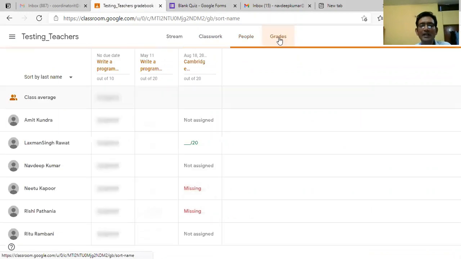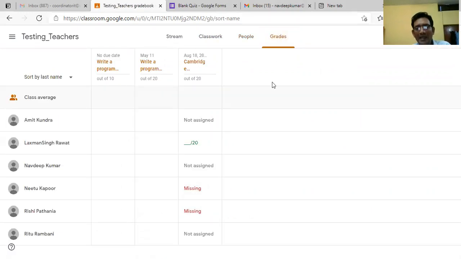That is also important. As you can see, we have two types of assignments, graded assignments and ungraded assignments. When you want to assign marks to the students, let us say I have given an assignment, and I want to assign marks here. Let us say out of 20, the score is 15. Clear? Move to the next one, and this is how you can assign the marks, and a record is created for you.